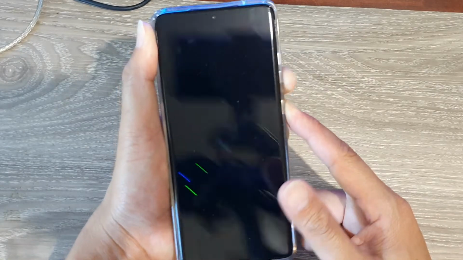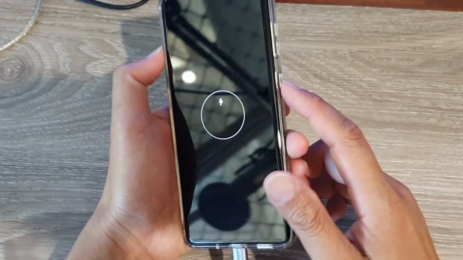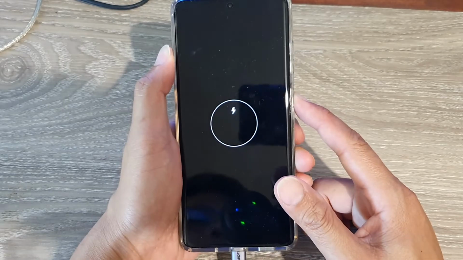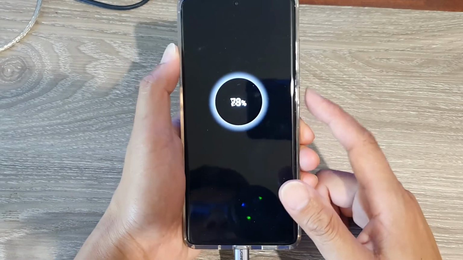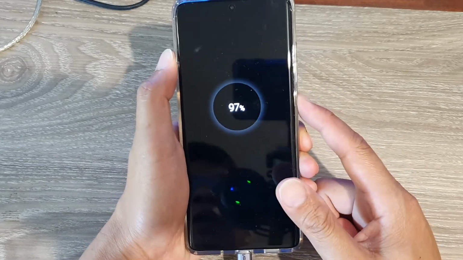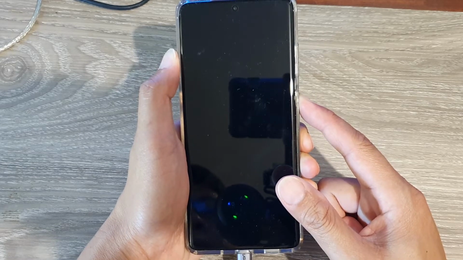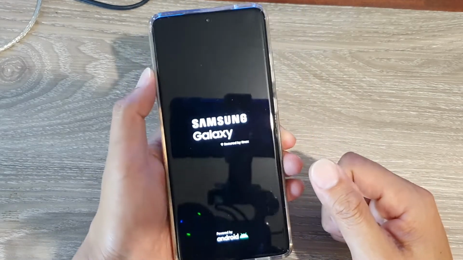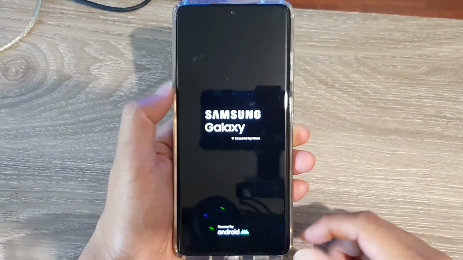And after you see the phone reboot, then you can press on the side key or the power key to turn on your Galaxy S21 series. So we're just gonna wait for that to show up. Now press on the power key to boot up your device. So that's how you can exit download mode on your Galaxy